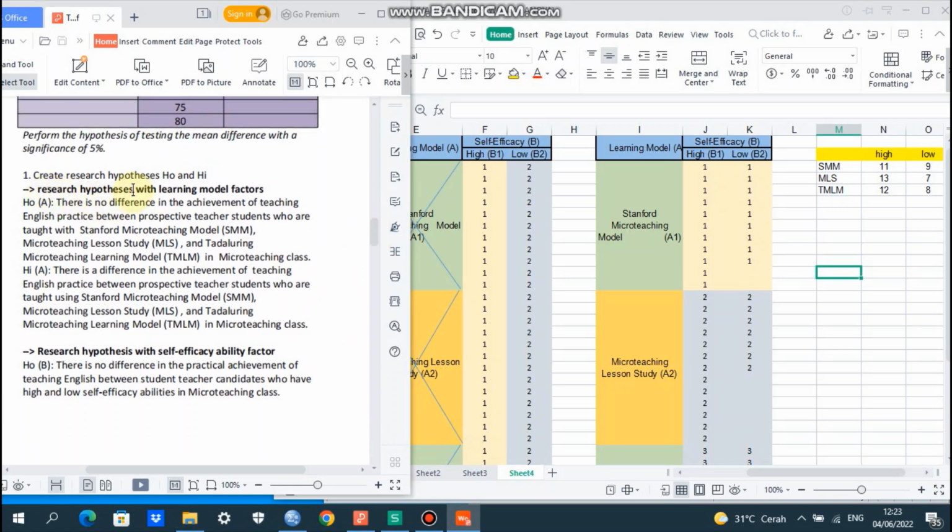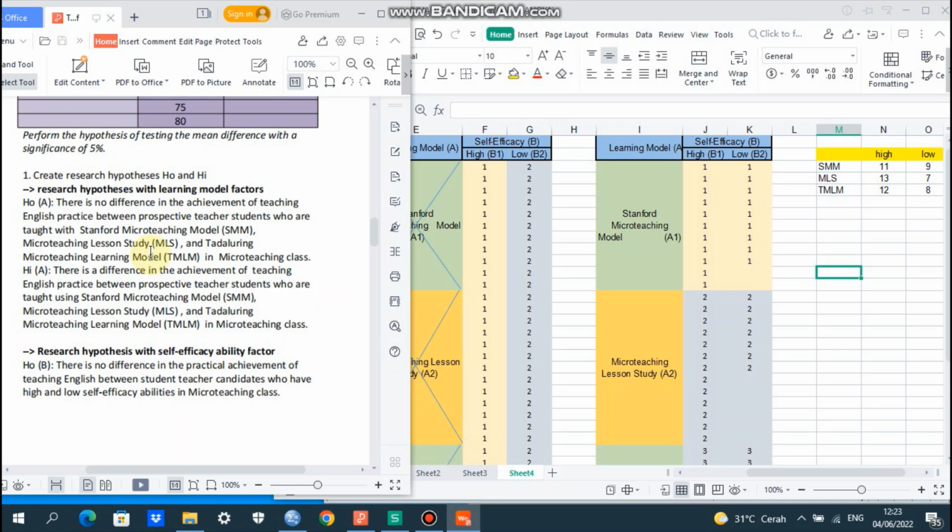Okay, research hypothesis with the learning model factor. We start from H0, with symbol A, for factor 1, learning model.